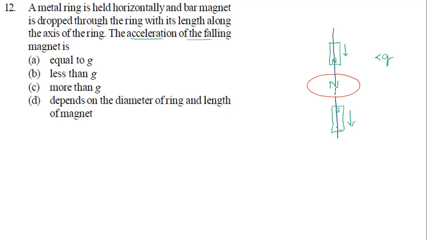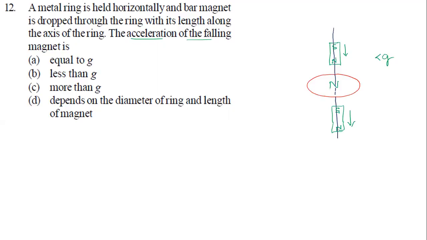So this is south pole or this is north pole. Now what will happen as it is moving out of the ring? Flux is changing again. As flux changes, now flux is decreasing. There is a change in flux. Because of the change in flux, there is an induced EMF. It will always try to oppose the flux. Means if the magnetic flux is increasing, it tries to decrease. If flux is decreasing, it tries to increase.